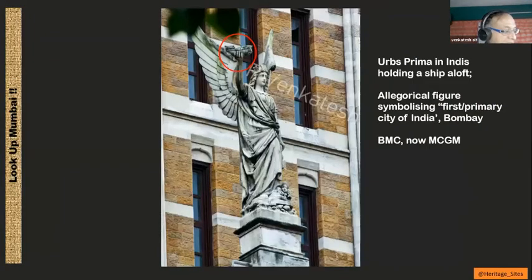Okay. Then let us just get along to the actual symbolism of Urbs Prima in Indis. Then we come to the BMC corner, because now we are walking along from Crawford Market to the BMC CST crossing. I showed you the map at the beginning. I will keep looking at the map as we go by. Okay, so here it's important to understand the concept of Urbs Prima. We already spoke about this multiplicity